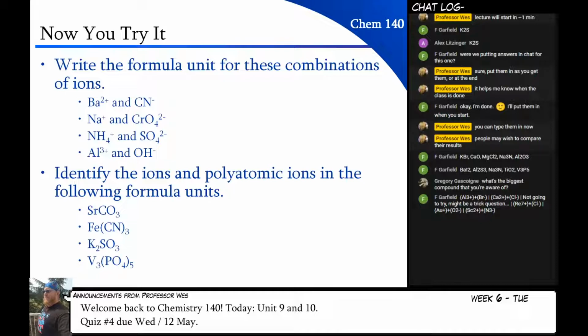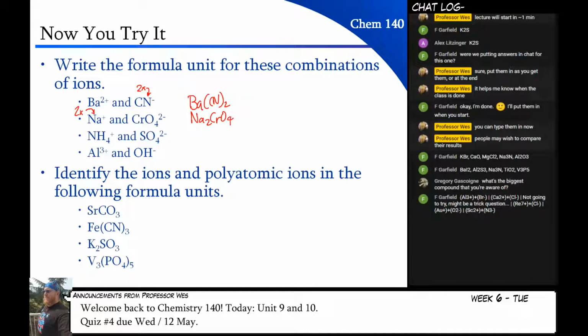All right, let's go over the answers for these problems. I'm going to just write directly on here because all we're doing is putting things together. By now you should probably have figured out that you need 2 of these to get the correct charge, so that you balance out the charges. Same thing for this one. We're going to need 2 of this one to get